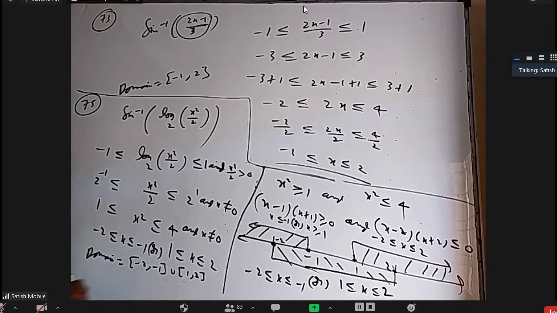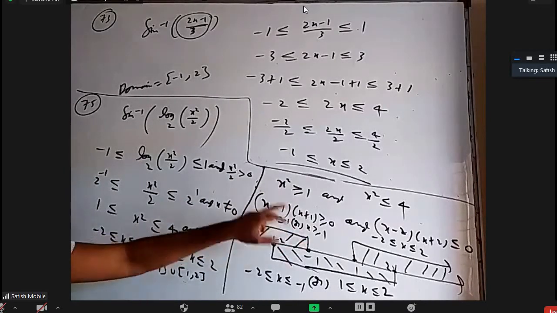From here, because we have a general understanding, somebody can write like this. That x square will be between 1 to 4, so for positive numbers x should be between 1 to 2, for negative numbers between minus 2 to minus 1. If it is a subjective exam, from here to here, you are not supposed to write directly. Or if you are not able to think like that, this is a proper method where there are two inequalities, I have to check this part and this part. x square should be greater than 1, and x square should be less than 4. This alone, I cannot apply square root and write x greater than or equal to 1.